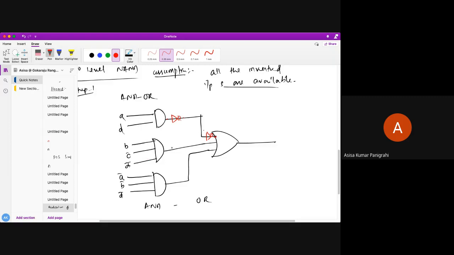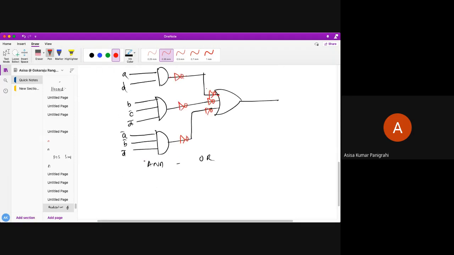Okay, am I correct? Similarly, the same thing you can do here also, here as well. Okay, next, this is step 2. Step 2, what you need to do, you have to put two series of NOT gates to all the inputs of the OR gate. Okay, so this is the way I have done.